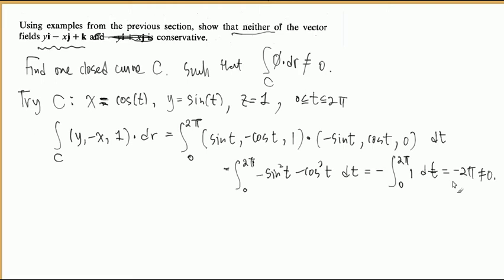So don't try one curve, have it turn out to be 0, and say, ta-da, I proved it's conservative. It's wrong, right? There is a lot more to check. So there had better be a better method than this one. But this is the idea, the principle. This is how things are defined. But actually to prove it is conservative, you had better have a better tool than trying all the infinitely many loops